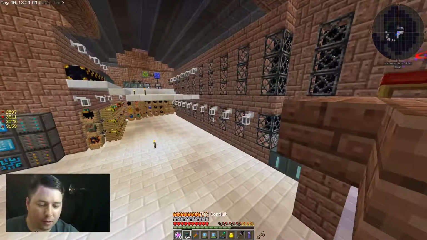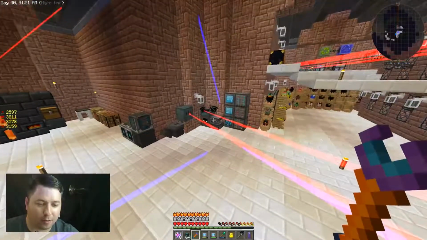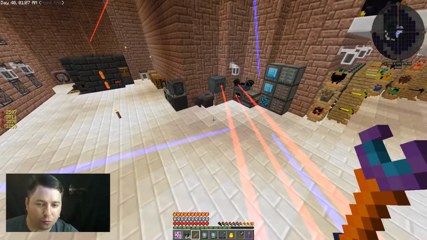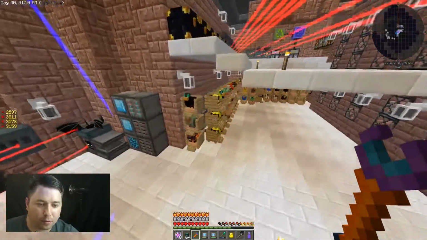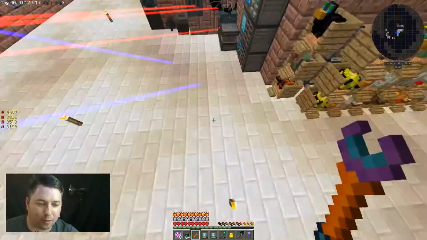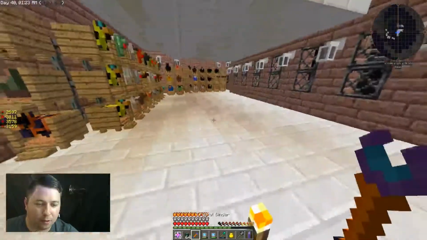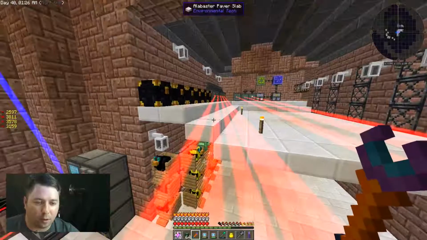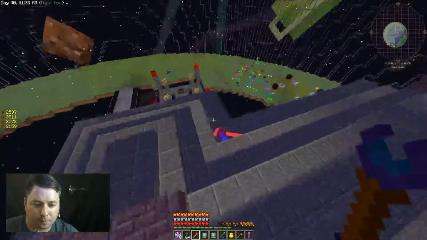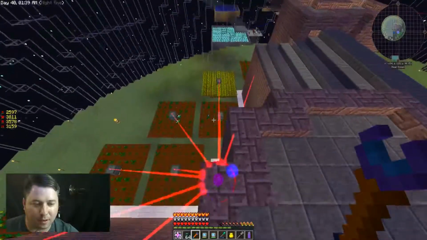Let's take a look here. So this wireless crystal is powering that stuff there. That goes down to my power source. Goes up to there. Power source goes out to another crystal. Power source goes out to another crystal. All those crafters over there, they're all powered. This crystal here powers everything inside of this building right now, and then this crystal is powering all of my